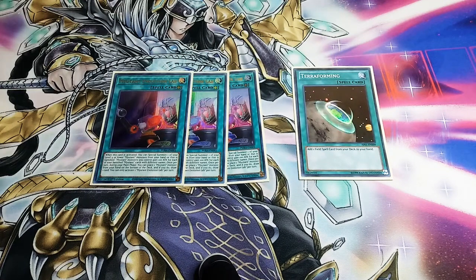Then moving on, we play triple Evolution Lab, plus 1 copy of Terraforming, and the reason I play Evolution Lab is obvious. This is one of the best cards for this deck. So when it's activated, special summon 1 level 4 or lower mutant monster from your hand or that's banished, then all your mutants gain 100 attack points for each different banished mutant card,